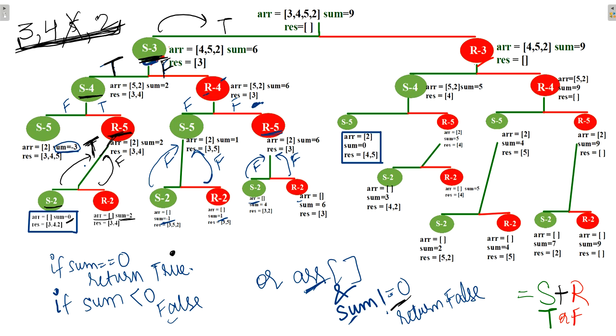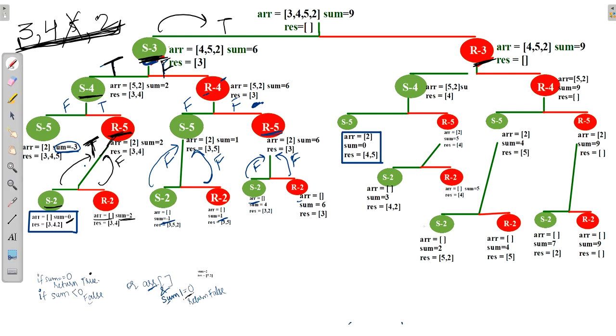Now let's see on reject point also. We will start with select 2 where array got empty. So here it will return false. For reject 2, array got empty, so here it is returning false. So false or false will be false over here. Here for select 5, sum is equal to 0. Whenever there is sum equal to 0, that means we got our subset. So here I'll return true. Then true or false is true.